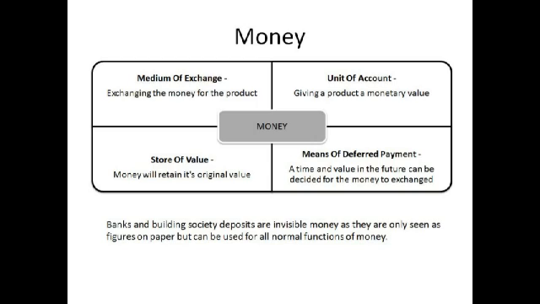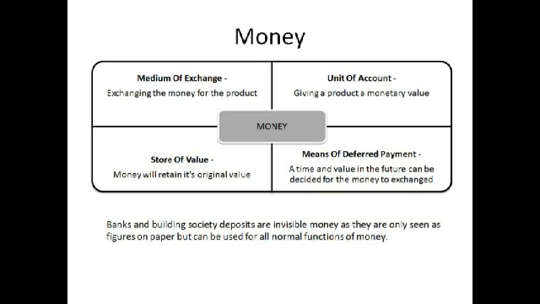Moving on now to the lovely topic of money. Money has got four main functions. It acts as a medium of exchange, a unit of account, a means of deferred payment, or a store of value, i.e. MUMS, M-U-M-S. How cool. Okay, a medium of exchange is when you can exchange the money for a product. Because the money is trusted,